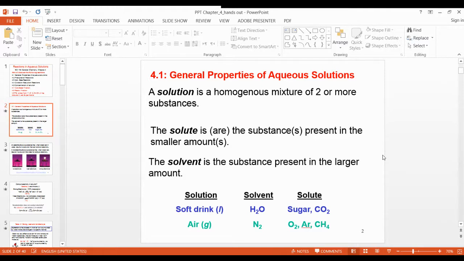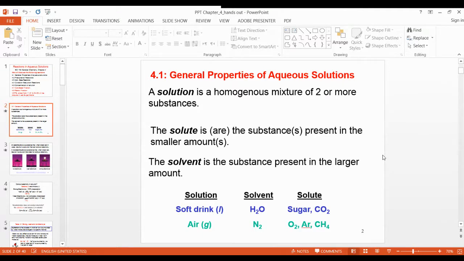But some ionic compounds are not soluble, that I will explain to you in this chapter, and we have to memorize them. And I will give you a short and brief idea about those compounds which are not soluble in water, right? So don't worry, this will be coming later on in the next slides. And I think if you note down the main concept, then you are able to answer any kind of questions coming from chapter 4.